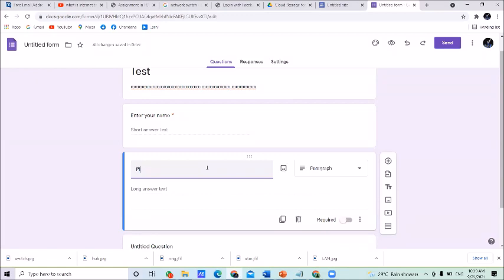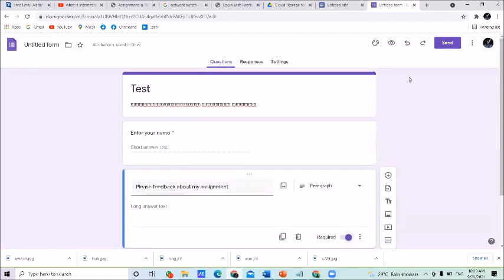Then you can ask, please give feedback about my assignment. In that way, you can type the questions. Then set this required one. Then if you want, you can go to the next type.